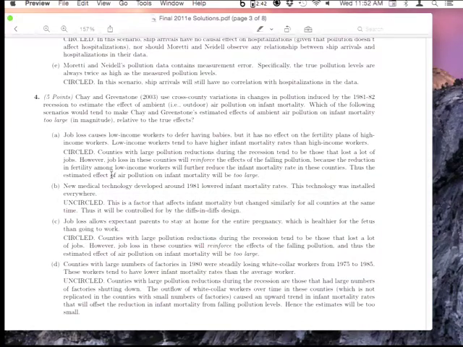And that means that infant mortality is going to fall even more, because the high-income workers have lower infant mortality rates than the low-income workers, right? So we basically described a scenario where infant mortality rates in the recession-hit counties are already falling somewhat because of the reduction in air pollution, but now they're going to fall even more because the composition of babies is going more towards high-income families relative to low-income families. And so that's going to cause you to overestimate the effect in that case,